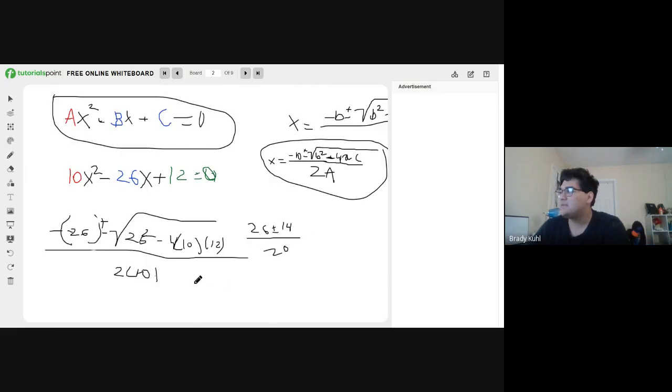To find what x is, x would equal 26 plus 14, which is 40, divided by 20. x equals 2. 26 minus 14 is 12, divided by 20 is 0.6. And these are your solutions. And to prove it to you guys, because everything needs a proof,